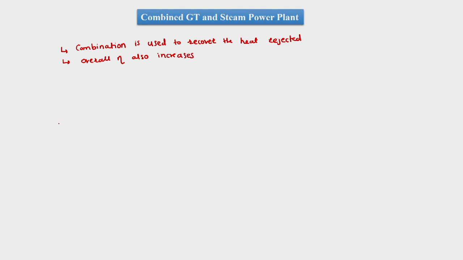So such a combination is used to recover the heat rejected. Further, the overall efficiency also increases. Such a combination is thought of like this, where we will first have a compressor,